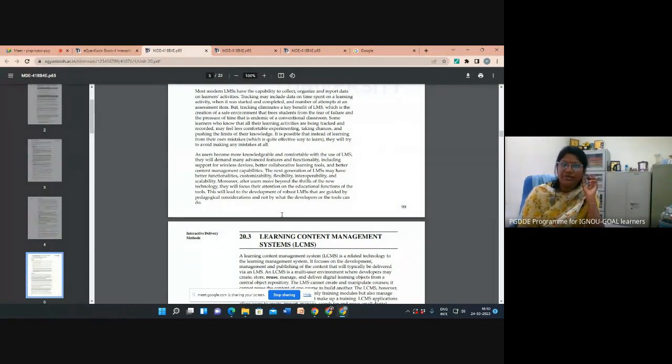limitations, because when you are going online, if your student is not able to handle the technological aspect, then it is definitely a limitation. And if you are selecting a sophisticated learning management system, you need support for the back end. You need a technical person, you need a manager to manage all the courses and all. So these are some of the limitations when you are using this.